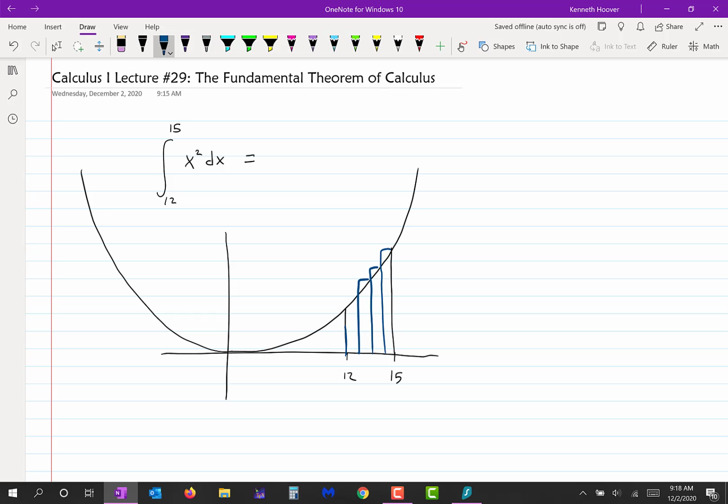And it's a lot of work, right? And you do the limit as the width of the rectangles goes to 0, and it's a lot of work, a heck of a lot of work, okay? Or,